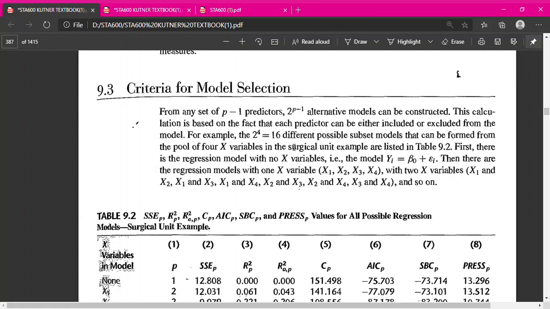Topik adalah criteria for the model selection. Okay, this topik nanti kita akan ceritakan macam mana nak buat model selection if we have several regression models, and we can do the model selection, which is we can know which model is more suitable. Okay, using the several methods, which is using the SSE, R-square adjusted, Mallows Cp, AIC, SBC, and also the